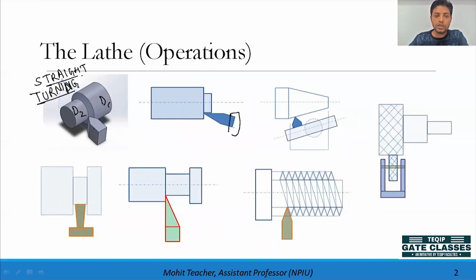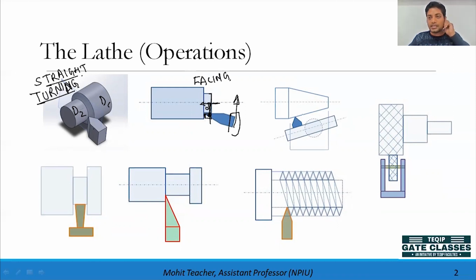This is a facing operation where we are keeping this single point cutting tool over the tool post and we are giving a feed in this direction. So this is the depth of cut, nothing but that we have chosen initially. So we are moving in this direction. So this much amount of the material is removed from this workpiece, and now this much is remaining, okay. Or automatically when you will reach up to here, a complete amount will be removed from this one. So this is a facing,